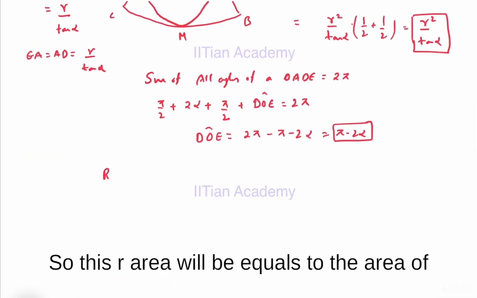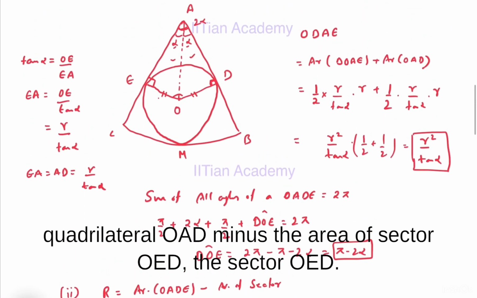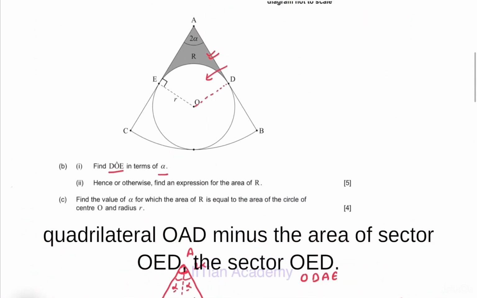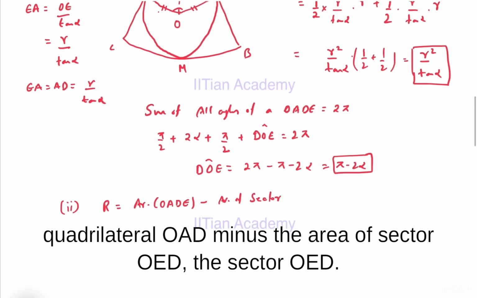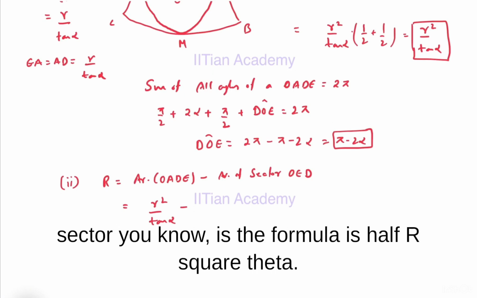So this R area will be equal to the area of quadrilateral OADE minus the area of sector OED. Now this area was R square by tan alpha, minus the area of sector,